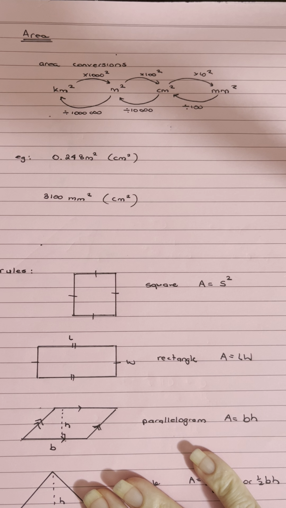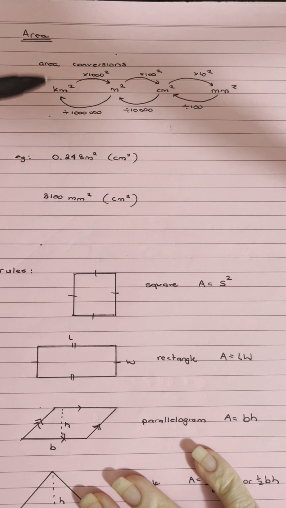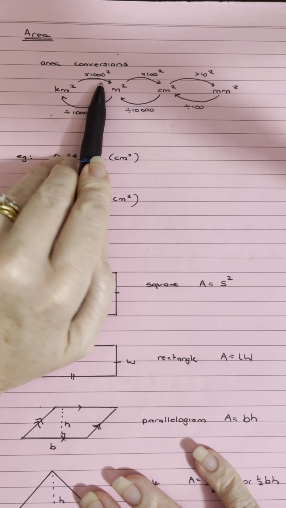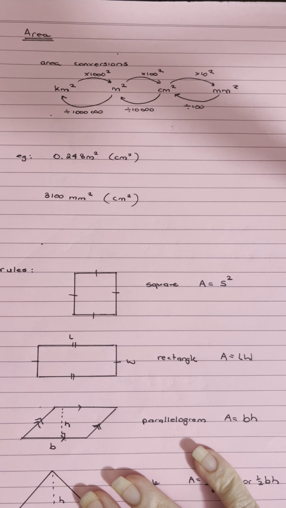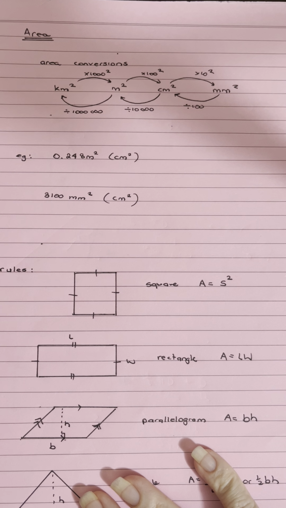Okay, looking at some area questions. Now starting with our area units and how to convert those. So using what we would have done in length and perimeter, we've got our 10, 100, 1,000, but with area units, those units are squared. So that means that we've got 1,000 squared, 100 squared, 10 squared when we are multiplying or dividing to convert